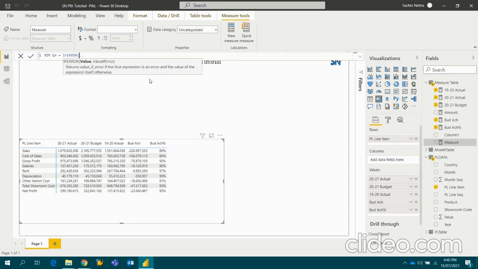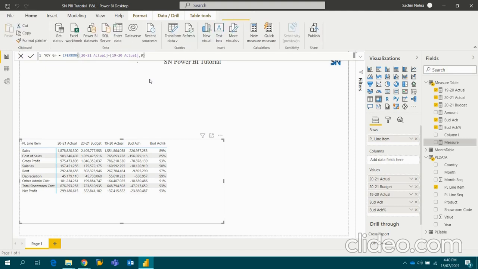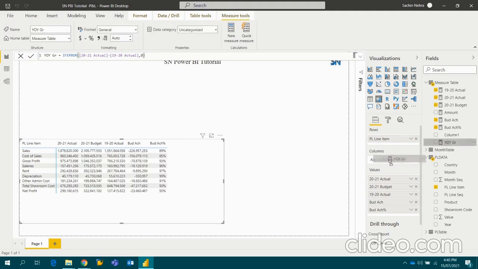It will be my actual minus last year. I'll take out the fraction, and then year-on-year growth in percentage.